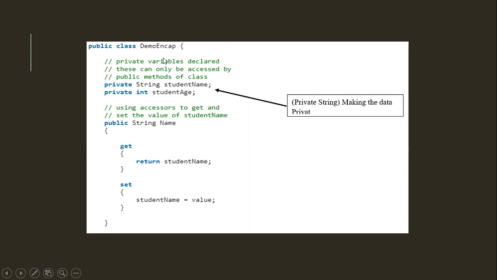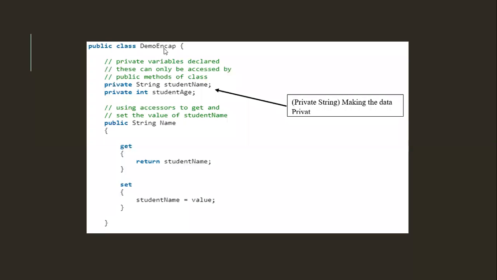This private string data, only through a method can it access this student name and student age. If it is public, then from all the other classes we can access this name and this age. We are making this private. We are asking other classes not to access this data. We are not allowing them, actually.